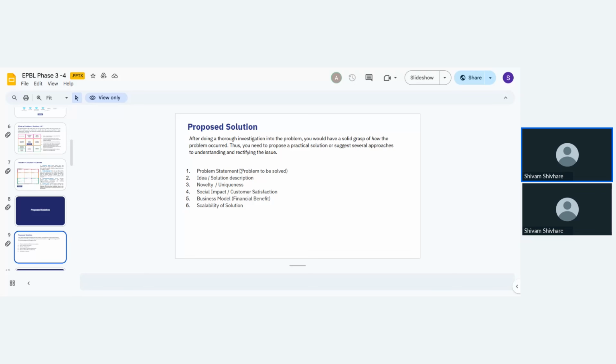So in this proposed solution, the first one is the problem statement, the actual problem to be solved. Next, the idea, the solution description. And next the novelty, uniqueness, and social impact, that is customer satisfaction and business model, the financial benefit and scalability of the solution. Okay,